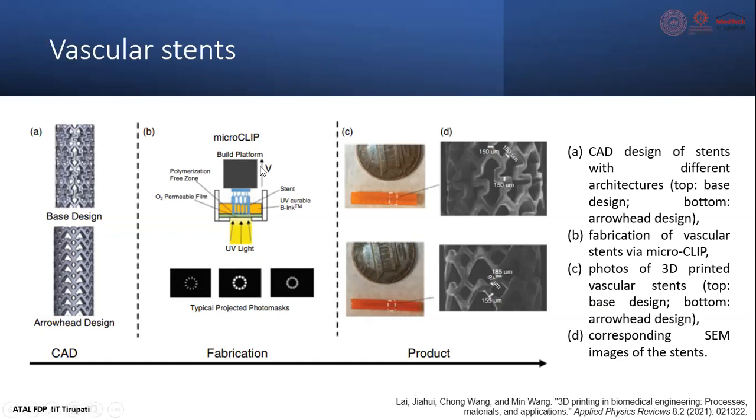The platform is pulled up. So then you try to get the stent and then UV. So you also have O2-permeable films that can be generated in this. So every time the light is exposed, you have a single layer of information. These are the products which are made out of stent. So this can be used for real-time application. It can be used for real-time application, and